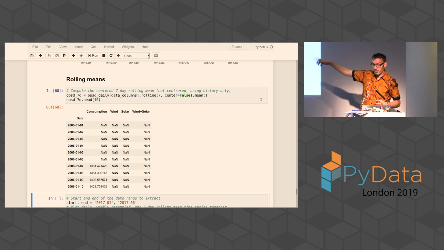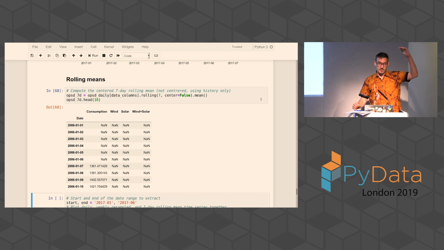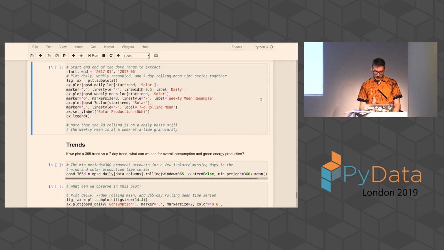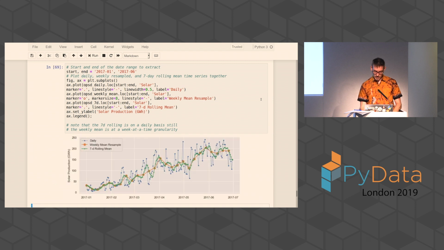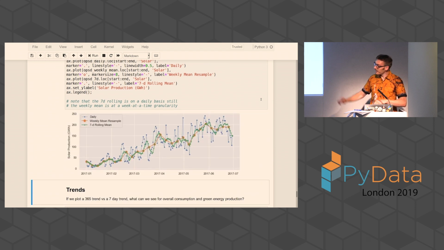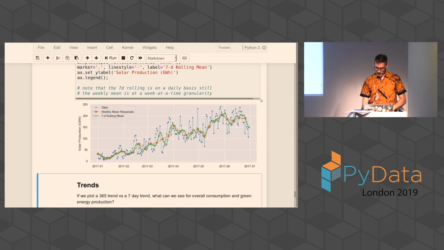And then to generate that rolling average, for the first bunch of days that go into the rolling average, we get a NaN. So previously, 2006-01-01, we had consumption data. Now we lose it for the first bunch of days, so we can generate the 7-day moving average. And then if we combine these onto that plot again, now we get in green the 7-day rolling average overlaid